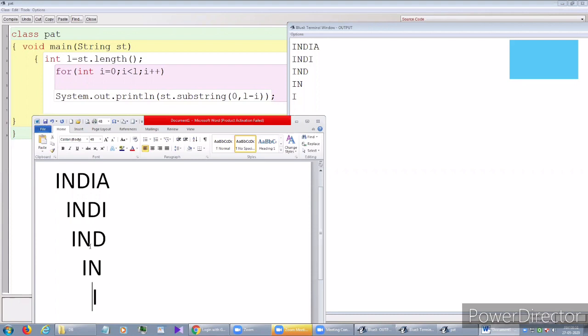So please everyone make a note of this pattern, do it, and submit it to me within 10 to 15 minutes on my WhatsApp. I think substring is clear, and please do it and submit.